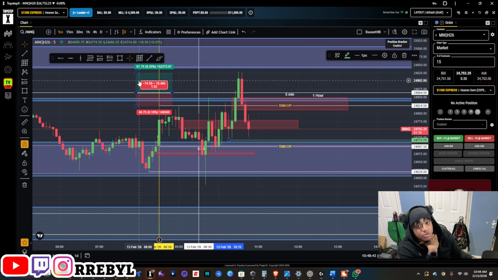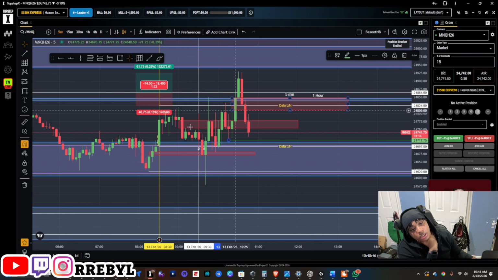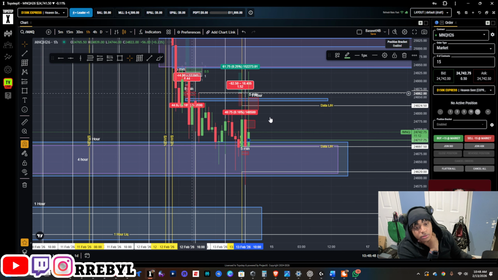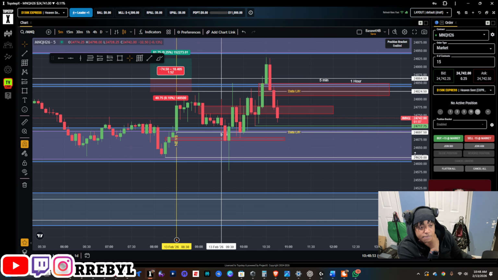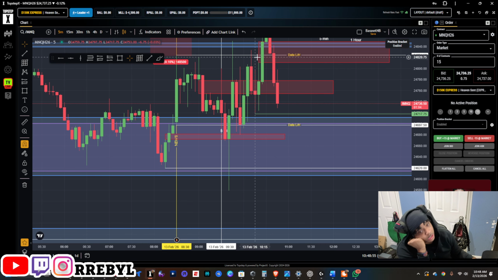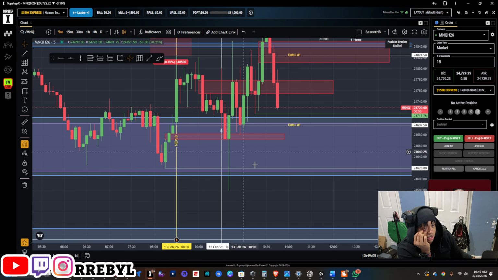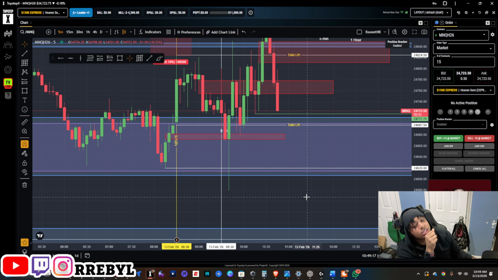And that fair value gap is supposed to send it up, and clearly it's not strong enough. I mean, it's a 4-hour fair value gap, so it doesn't play out in the same time frame. My only thing is that if we were able to swing that low an hour ago, I don't think there will be a bunch of orders that will cause it to not be able to go that low again, at least within the 4 hours. Maybe it might end up respecting it, but I feel like before it respects it, it would have hit that low again.